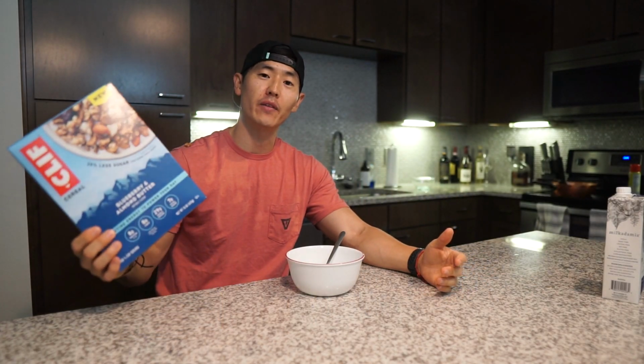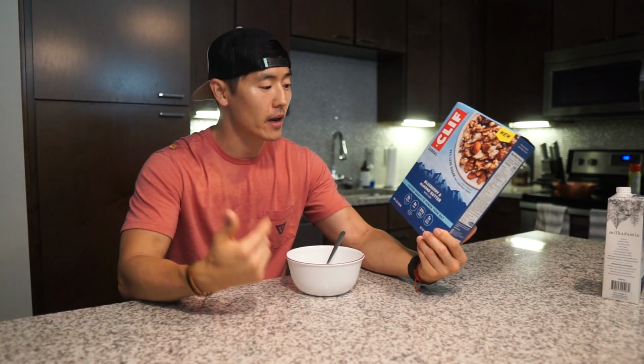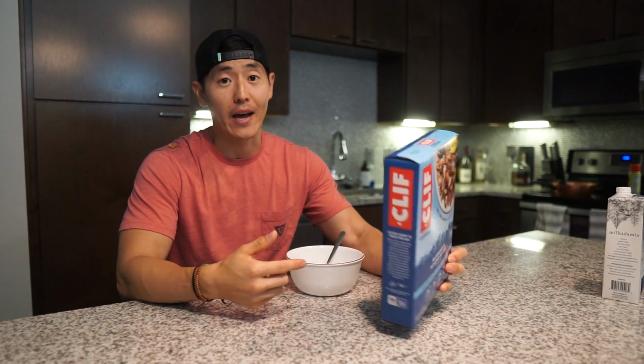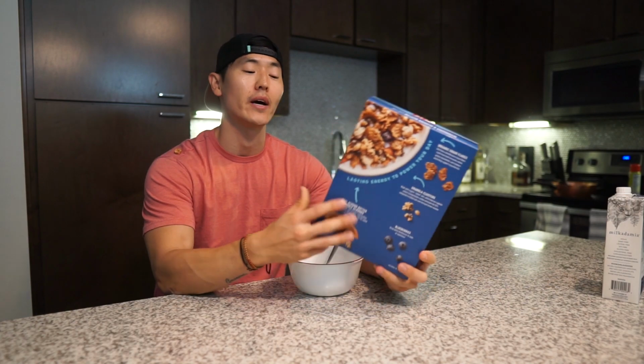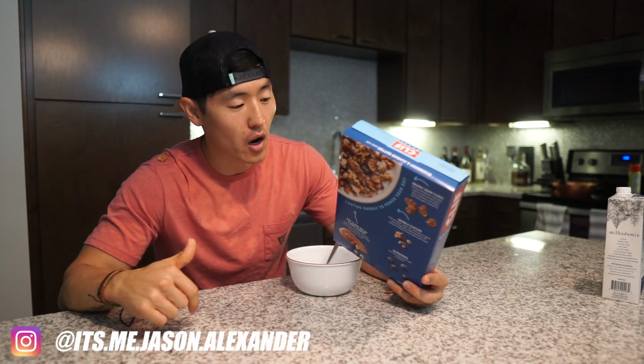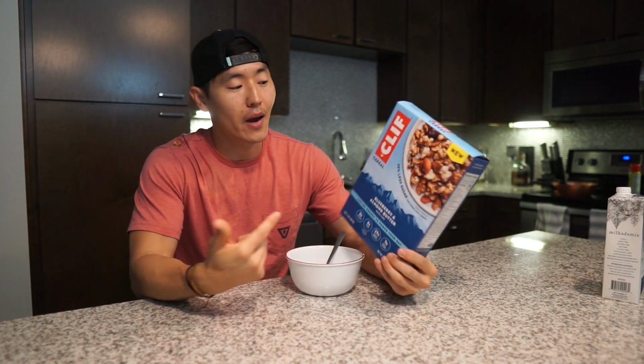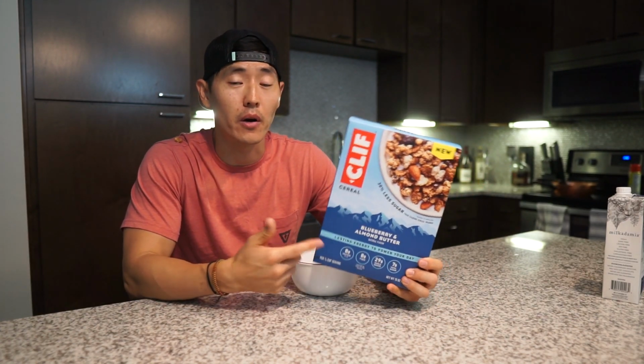Oh, and we're saving the big kahuna for last. So Clif Cereal. We've got blueberry and almond butter, definitely a heavy hitter when it comes to total calories. We've got 240 calories with 8 grams of fat, 39 grams of carbs, and a whopping 8 grams of protein. Yeah, you heard that, 8 grams of protein. So this is definitely a heavy hitter, but I wouldn't expect anything less from Clif Bar, especially with the fact